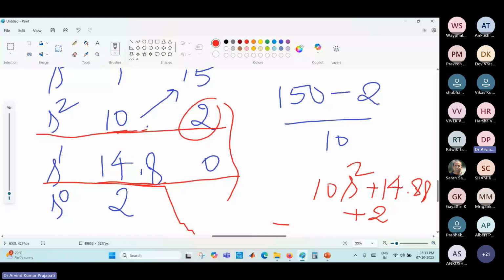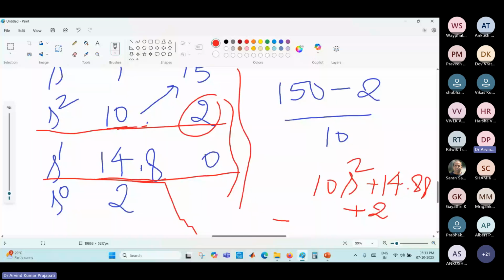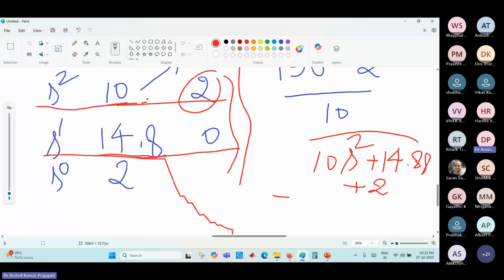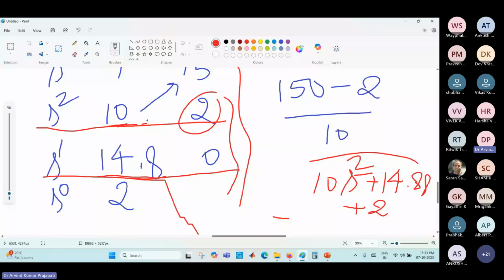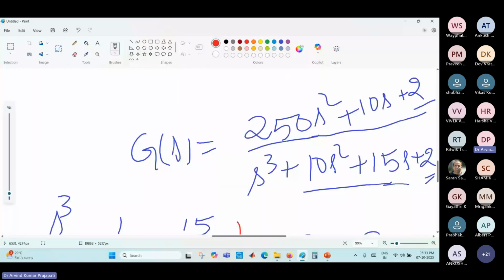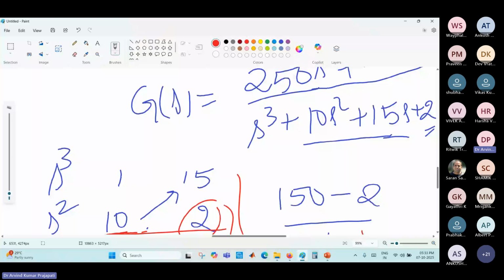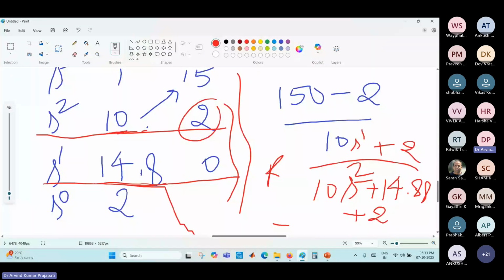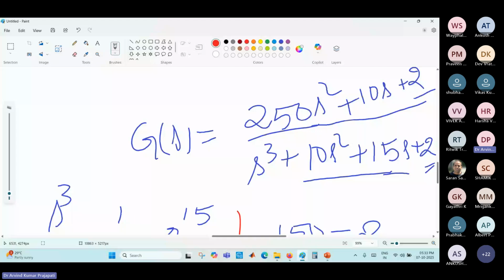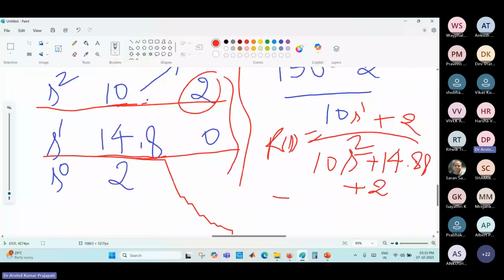Similarly, you can make the Routh table for the numerator and write it. If your denominator is s to the power 2, we take s to the power 1 as the highest coefficient in the numerator, and then write the coefficients. You will get approximately this. So once you have calculated your reduced order model, G(s) is the original system and R(s) is your reduced system.